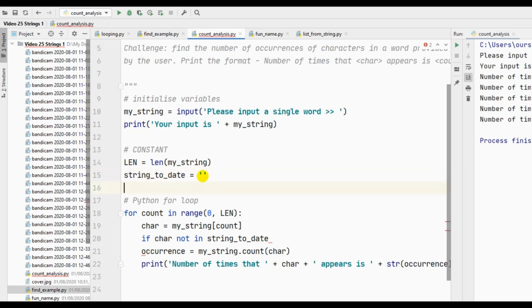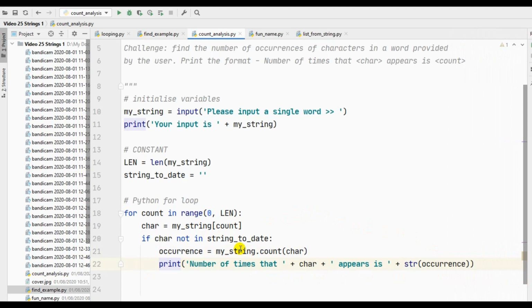Okay, so that will work. And then because it's an if statement, we want a colon, and then we want to shift these along so that they're indented properly. Let's just move that along as well. So if char not in string to date, then if that's true, we carry on